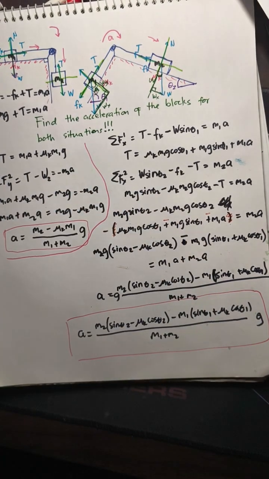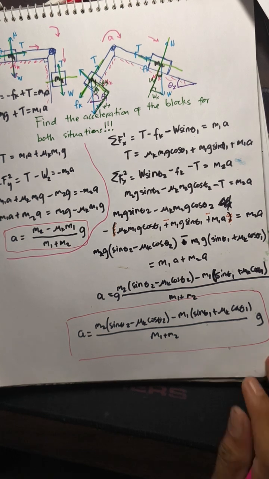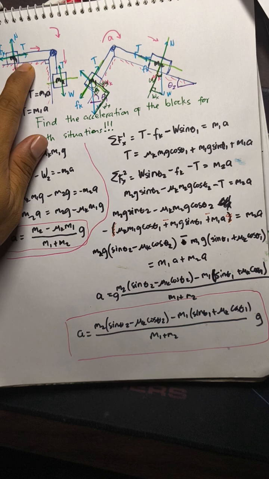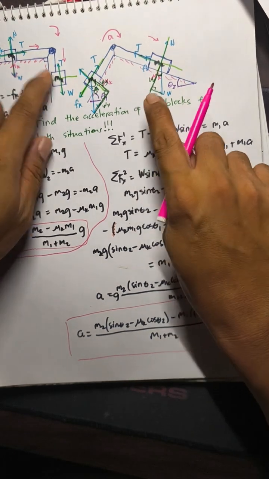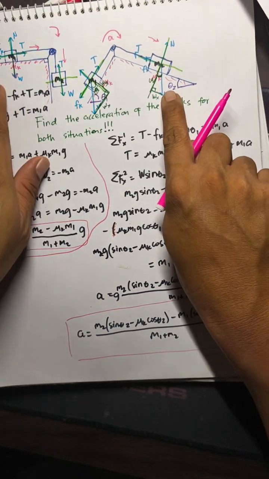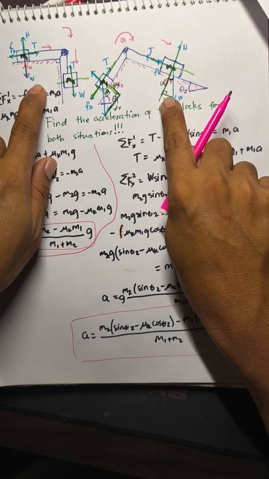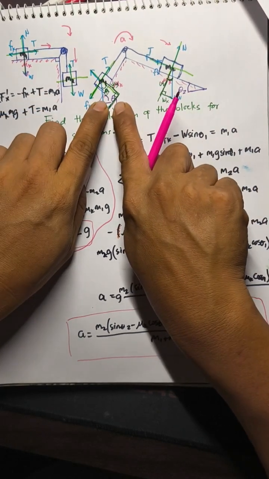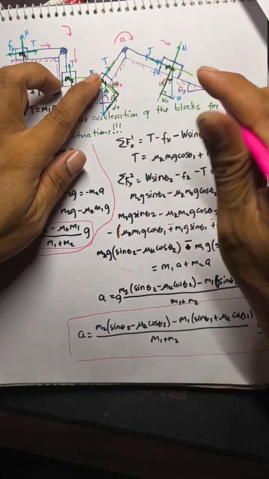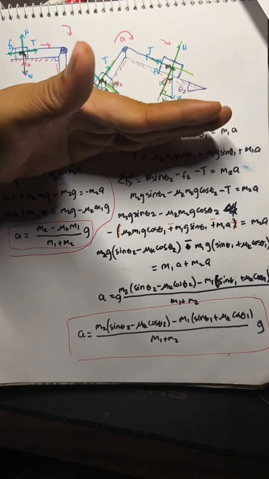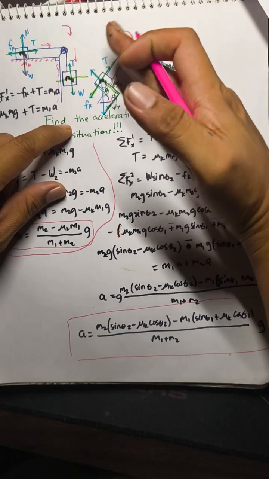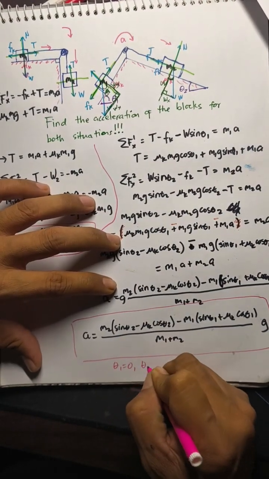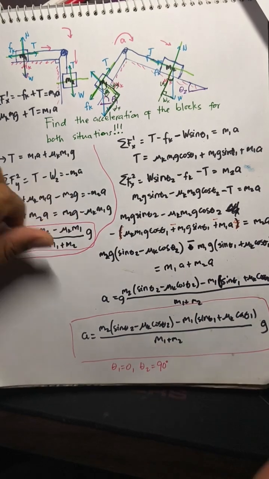Now notice here, let's look at this one. We can actually arrive at this configuration. What would we do here in order to arrive at the first situation? Well, all we have to do is take theta 1 equal to 0, because when theta 1 equals 0, this block would be doing like that, and theta 2 becomes 90, right? So I'll set theta 1 equals 0 and theta 2 equals 90 degrees, or that is pi over 2.